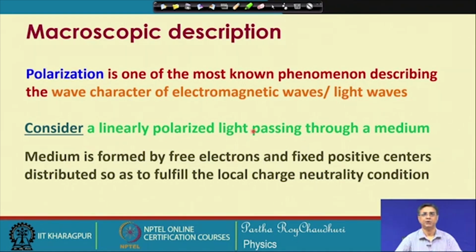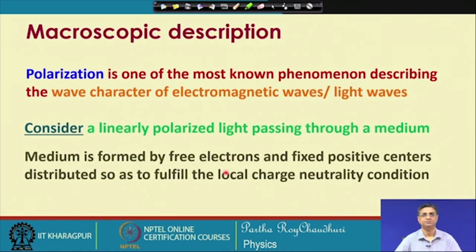Consider a linearly polarized light which is passing through a medium, and the medium is considered to be formed by free electrons and the fixed positive charge centers, which are distributed in such a way that it fulfills the local charge neutrality condition. So, overall charge neutrality is maintained, but the electrons are distributed